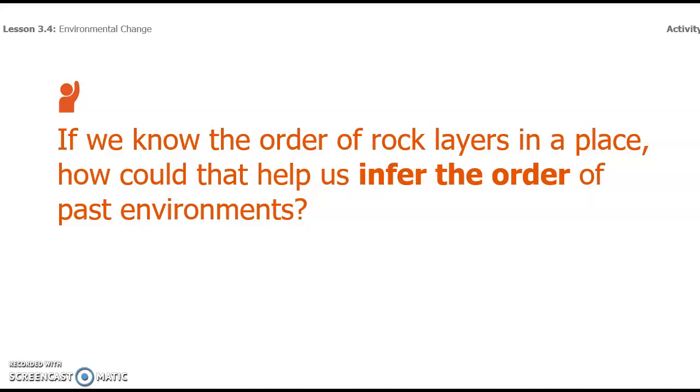So now if we know the order of the rock layers in a place, how could that help us infer the order of the past environments? Just like what we were saying before, we now know what the oldest environments are because we know what the oldest rock layer is, and we know the oldest is the lowest. So if we're trying to figure out what the environment was like in the past, we can now know, hey, this was an ocean environment, a deep ocean environment, or this was a shallow ocean environment, or this was a floodplain,